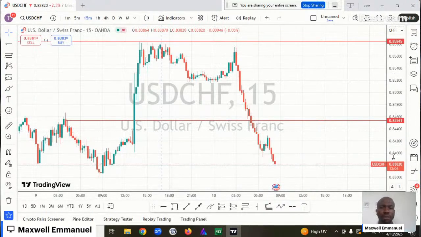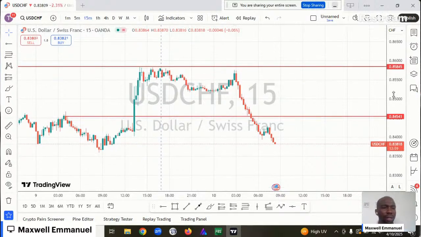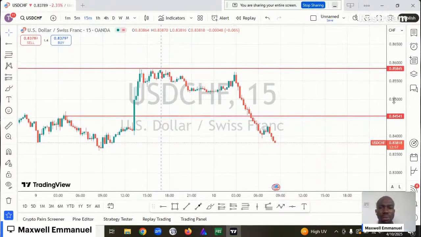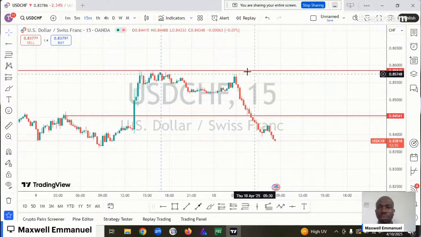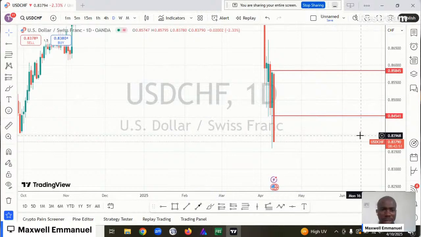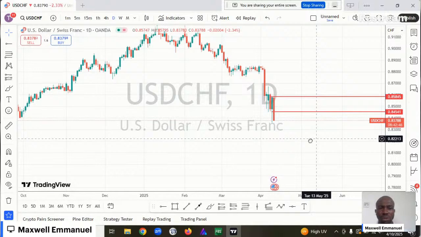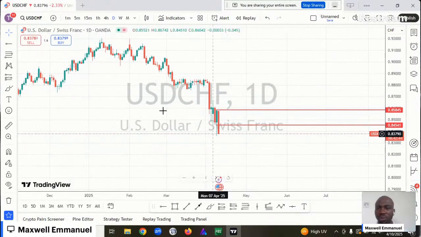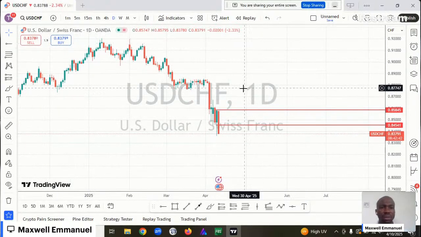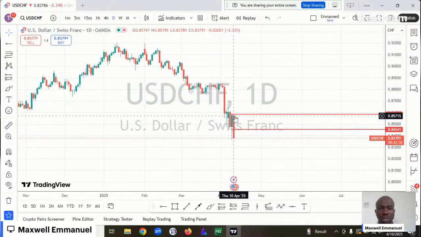USD CHF has been strongly bearish because the dollar is bearish. Because the dollar is bearish, USD CHF has been bearish since the open of the market. You can see, wow, it's been bearish. And you know, USD CHF is negatively correlated with EUR/USD. You could have sold USD CHF at the open of the market, and now you would have made close to